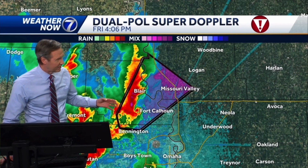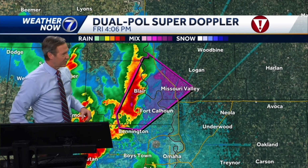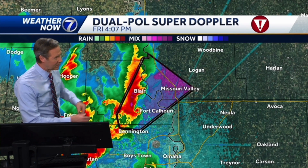And really, it's just kind of, if you're unlucky and your home is hit by the strong part of the tornado. Sometimes it's half a mile wide, but maybe only a quarter mile of that is the strongest winds that will cause the worst damage, and other areas won't be hit so badly. But where this has tracked, there are hundreds of homes certainly in the path, and potentially thousands along the line of where this went. It looked really impressive as it was coming through southwest Omaha, and still does, even at this time,